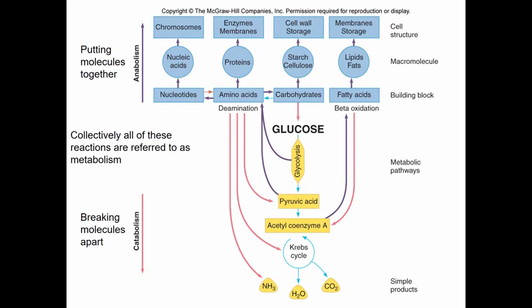Okay. I love this figure because it's coming back to a number of components we've talked about before. We hit on the four main types of macromolecules back when we were talking about cell structure and microscopy. Everything inside the cell is made up of one of these four compounds. So you've got nucleotides, amino acids, carbohydrates, and fatty acids. Nucleotides get put into nucleic acids, which make, remember, DNA, RNA, they go to make chromosomes, other components. Amino acids get put together to make proteins. Proteins are involved in lots and lots and lots of things inside the cell.